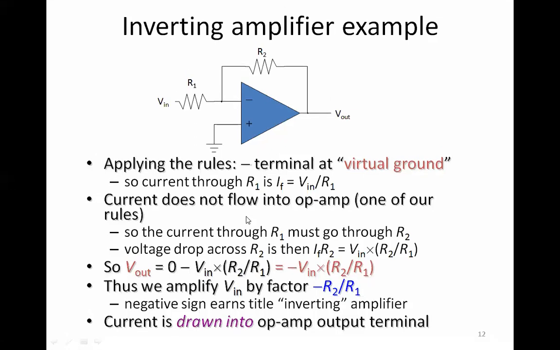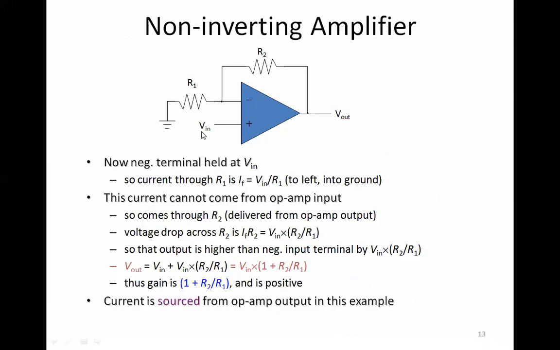Yeah. So in this inverting configuration, we had seen that V in was given to the minus terminal. And in this non-inverting configuration, we're going to see that the input is given to the plus terminal. So how does this work? Here also we're going to use the same configuration. Okay, just that the ground which was here is replaced here. Okay, and the input and ground both are swapped. Rest of the configuration remains the same. R1 is remaining in its place, R2 is in its place, output is here, minus plus. Just that the ground and V in are swapped.